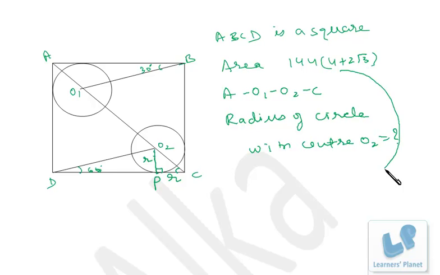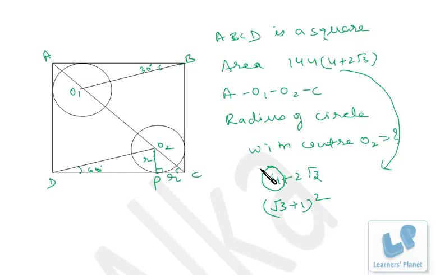Okay, this expression I am just copying over here, 4 plus 2 root 3. Now can you suggest two numbers whose product is 3 and sum is 4? Product is 3 and sum is 4. Obviously 1 and 3, right? So what? Root 3 plus 1 whole square. If you open that up, you'll be getting 3 plus 1 plus 2 root 3. That's 4 plus 2 root 3, right?